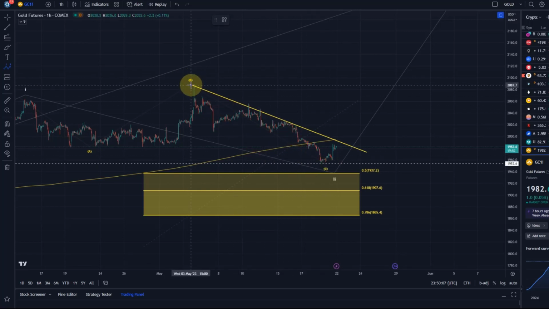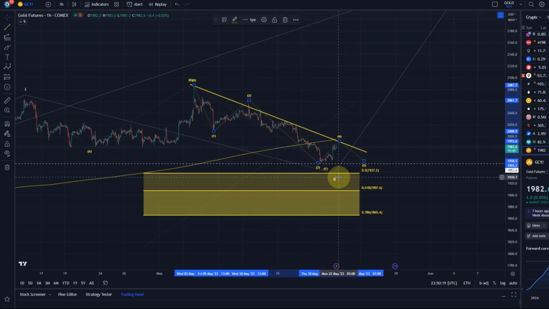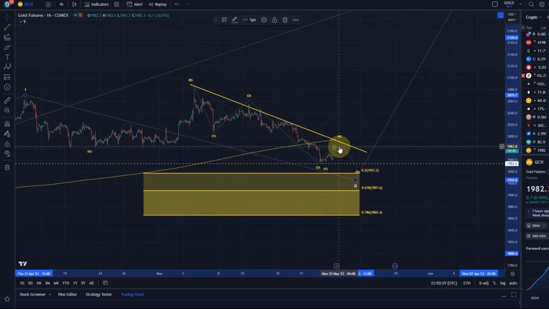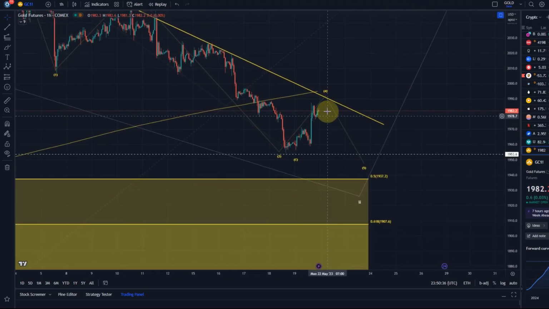I would find it clearer to count it as a wave 1, a wave 2, a wave 3, a wave 4, and a wave 5. That this here is still a wave 4, and we get one more low, possibly to 1937. To be honest, this is quite a likely option, but they are both possible. So if I see now an impulse, and it just needs one more high here,